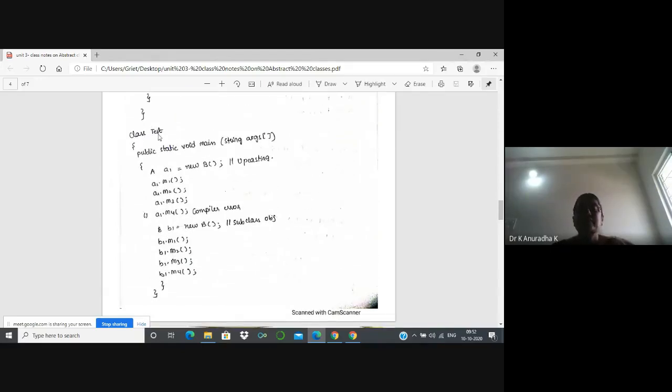Same way, take one more class and write the main method. Okay, next. Now here I am using upcasting. See, A is an abstract class. For abstract classes, we can only create reference variables. We can't create objects, meaning if you write A a1 = new A, you will get a compiler error. But how do we access the members of the abstract class?